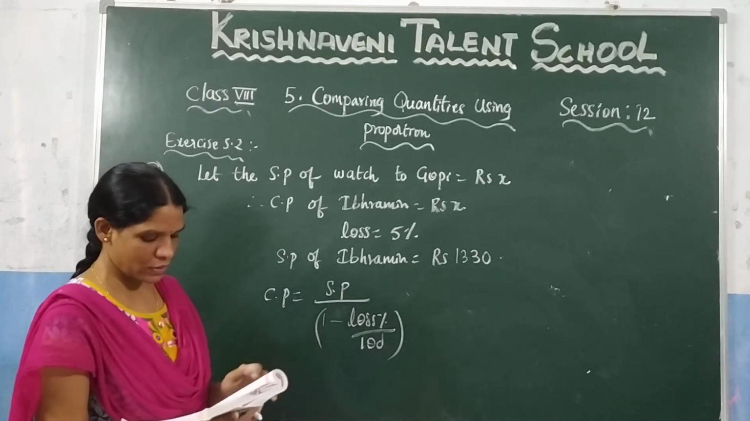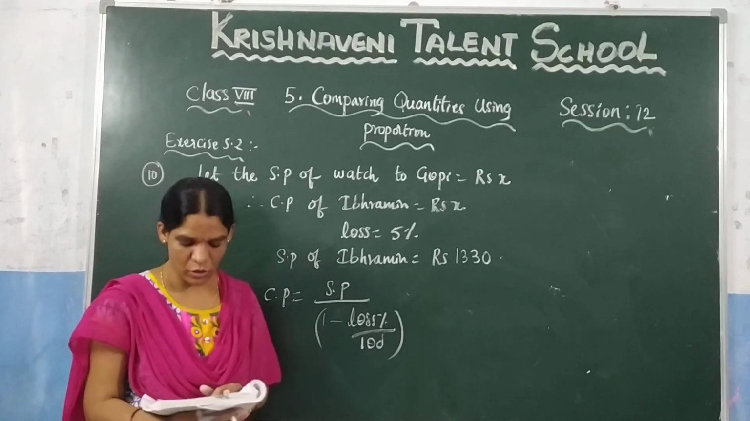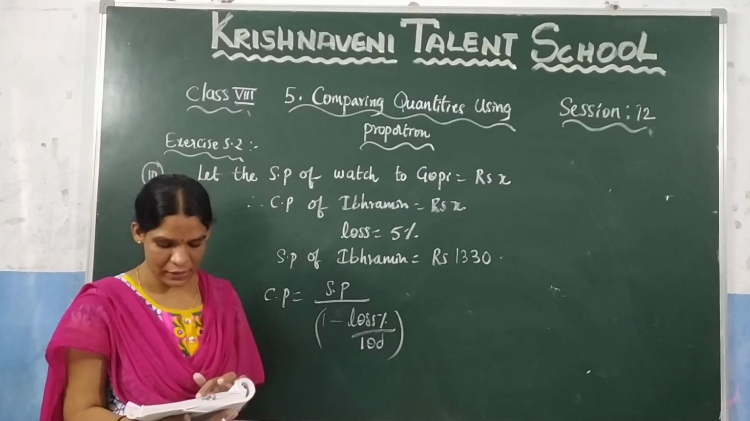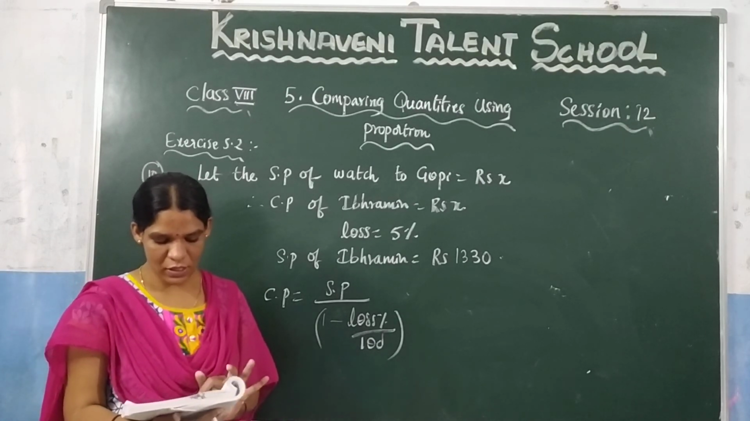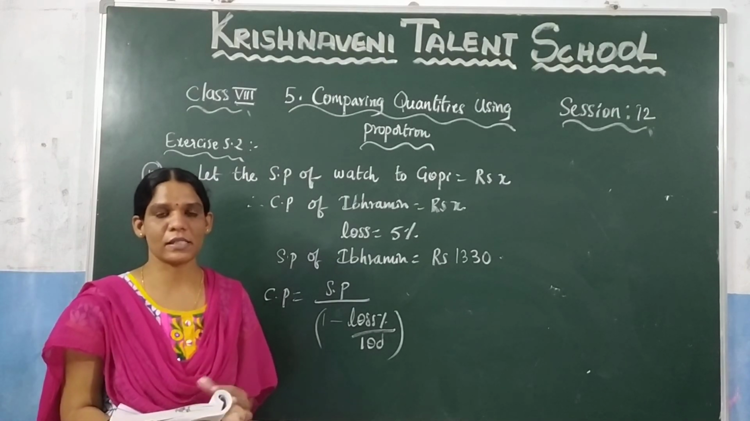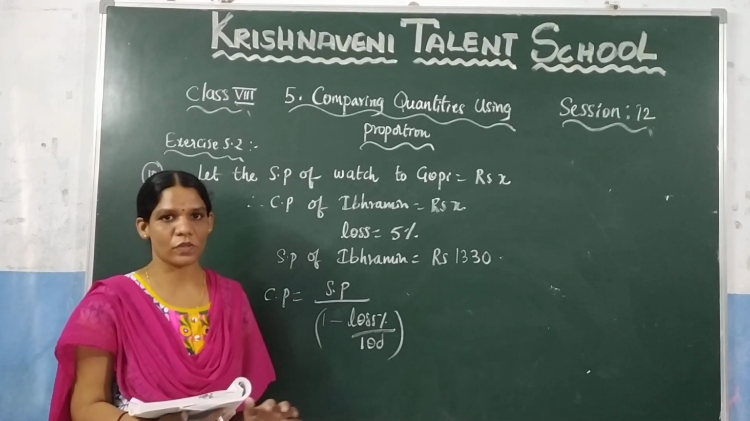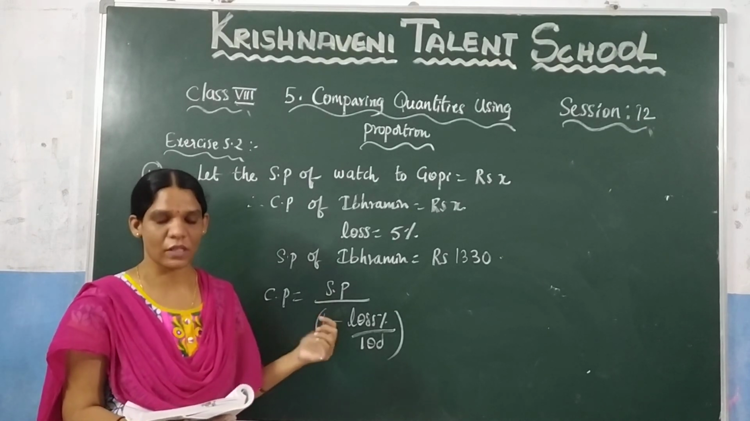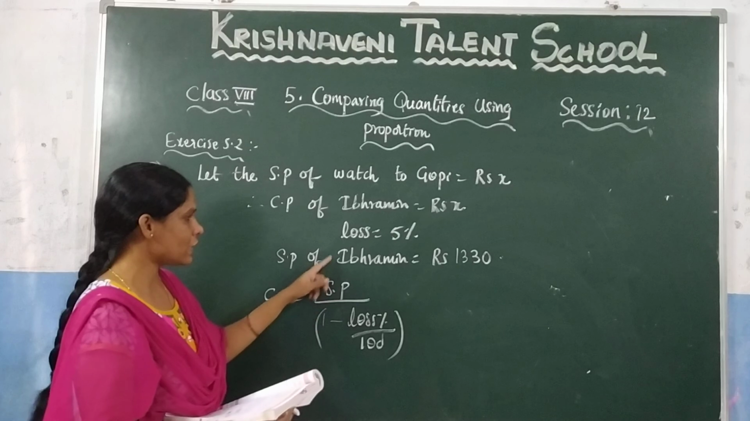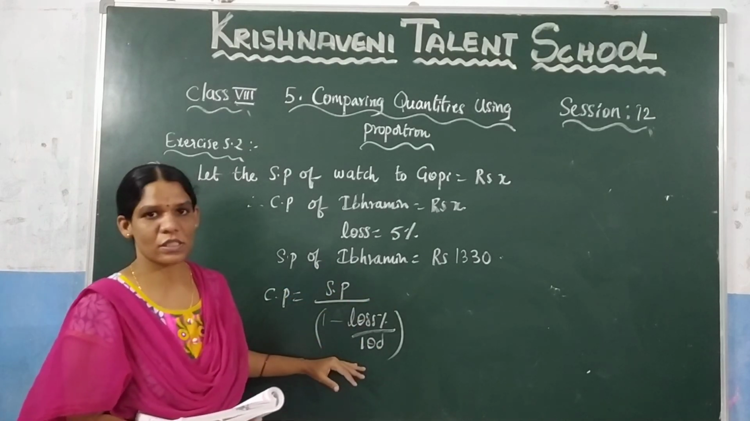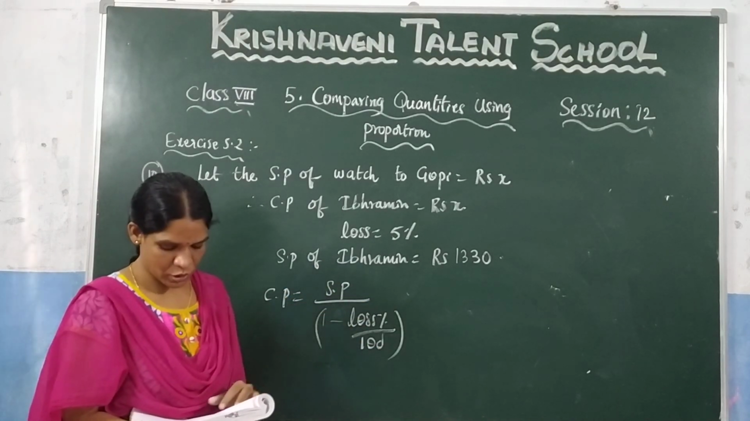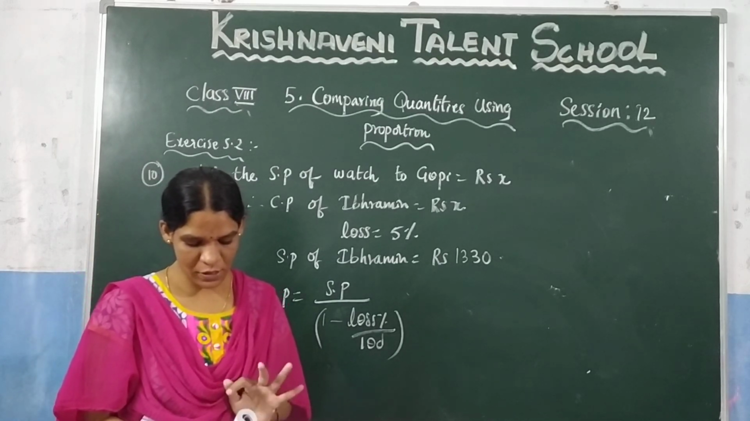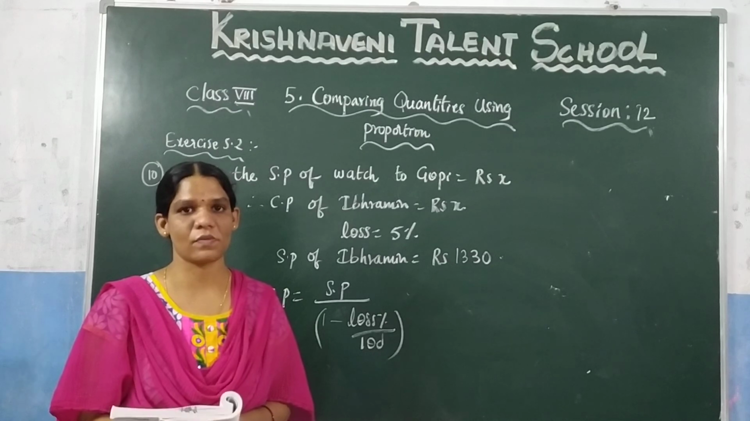Again, what they have given here: Gopi sold a watch to Ibrahim at a gain of 12%. So they have indirectly given the cost price of the watch according to Ibrahim, and the same thing will become the selling price of Gopi. So if you want to calculate in terms of the gain, you can use that one. And if you want to calculate in terms of John, you can use this formula, so that you can find the value of Gopi's selling price. This session is completed, and in the next session we are going to solve the